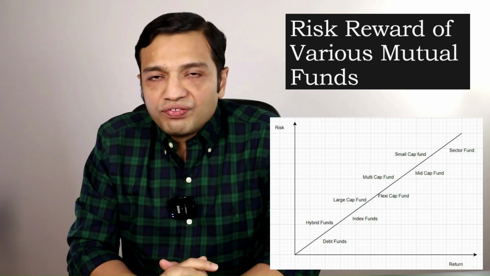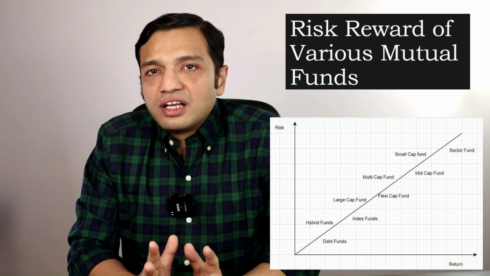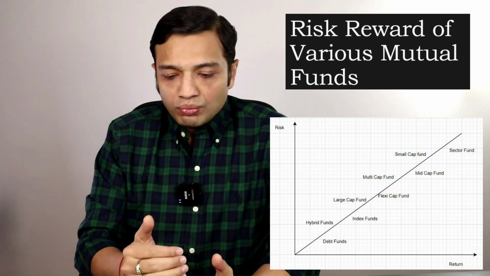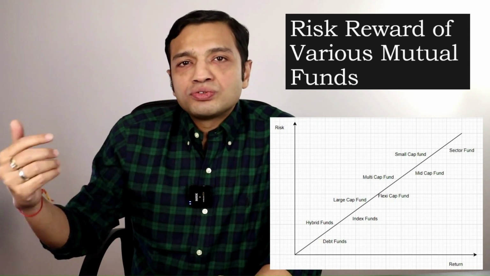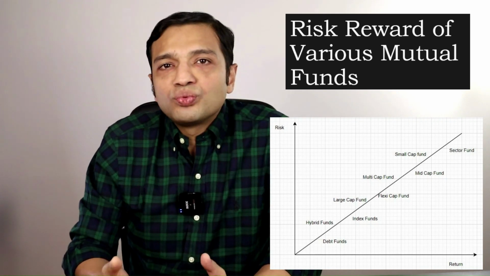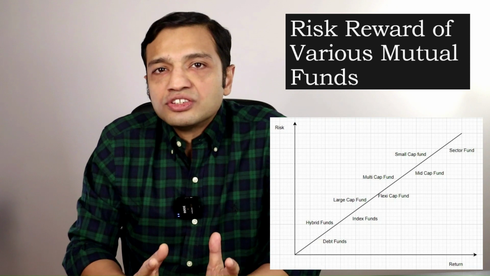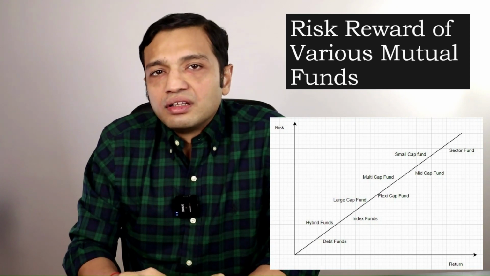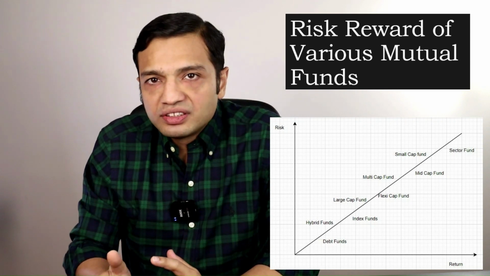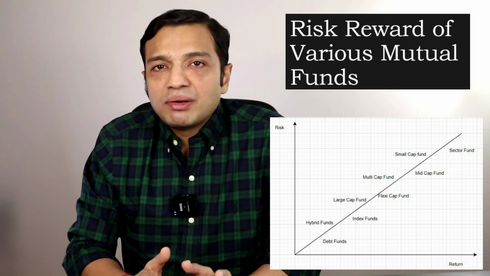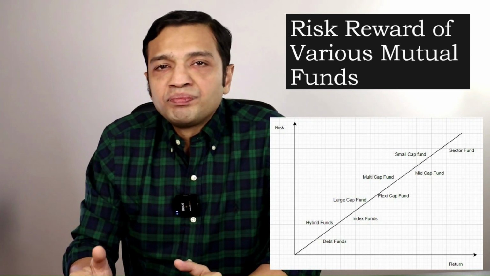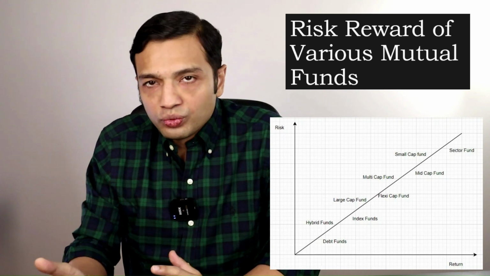Then we have large cap funds. Large cap funds invest in the top 100 companies, and therefore the returns are generally stable. The more we move from large cap to mid cap and small cap, the returns will increase, but the risk will also increase. And this is what is being depicted in this picture. The moment we move to mid cap funds, the returns will be more, but there will be more risk. Then we have small cap funds. As I've already explained, large cap is the top 100 companies, mid cap is from 101 to 250, and small cap is from 251 onwards.